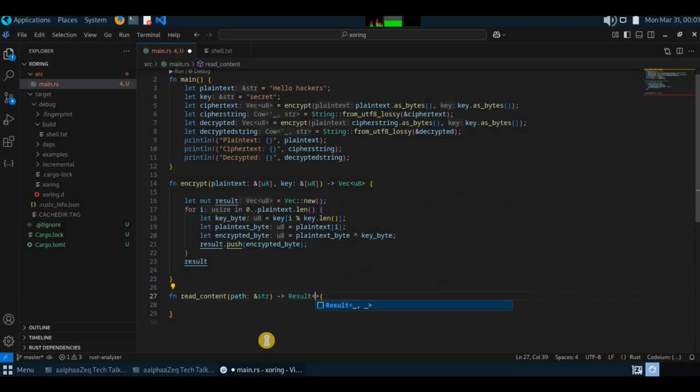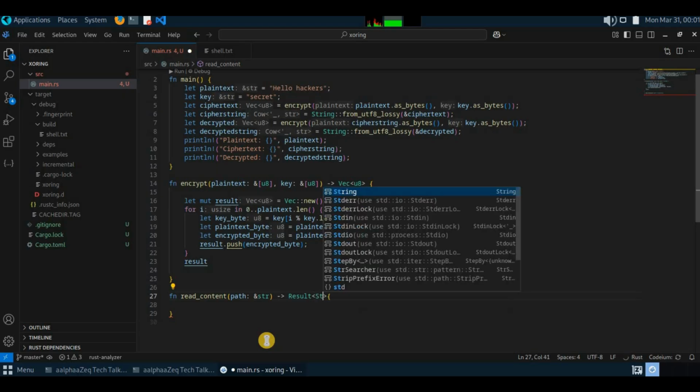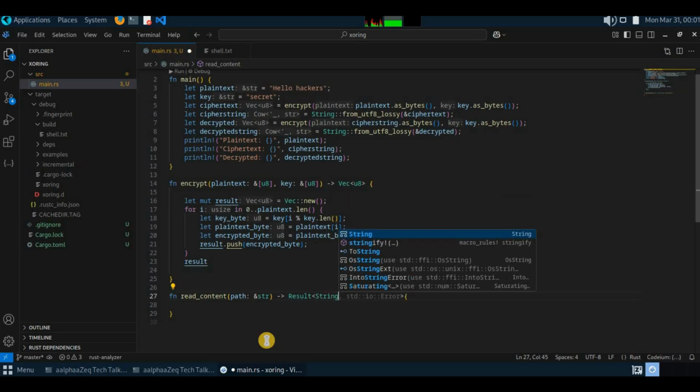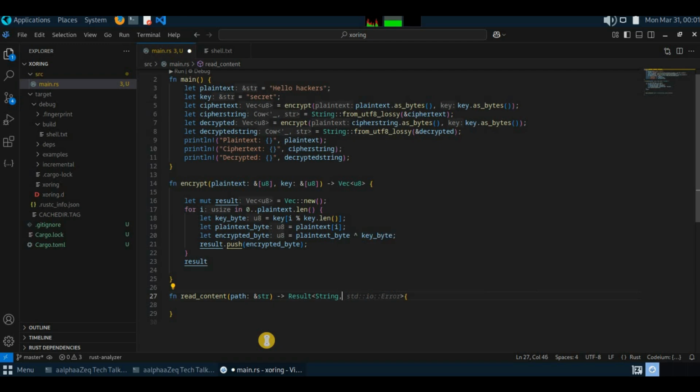What I'm saying is, if it's a successful scenario, the result is going to return a string as content, or it's going to return an error in case of error. We already did this in the second project. If you have any doubt on that, you can refer to it. The code is already there. So what we can do is say we need a string,